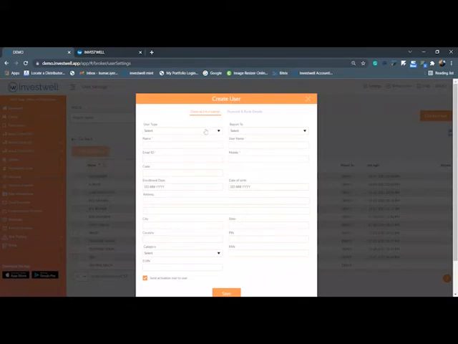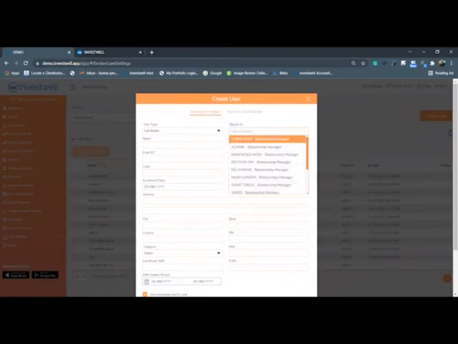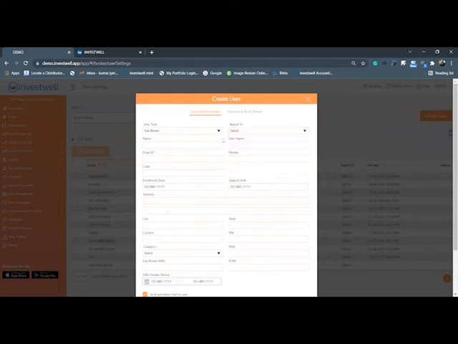You have to define the user type first of all, what type of user you need to create. And after choosing a user type, you need to also define the report to option. So an RM will directly report to the main broker. Whereas if we create a subbroker, the hierarchy goes like this: subbroker will report to RM and RM will report to the main admin, super admin. So if you create a subbroker, again, you have to choose the report to option. Under the report to option, a list of all the RMs will pop up. You can choose any specific RM and assign a specific subbroker who will be reporting to that RM.